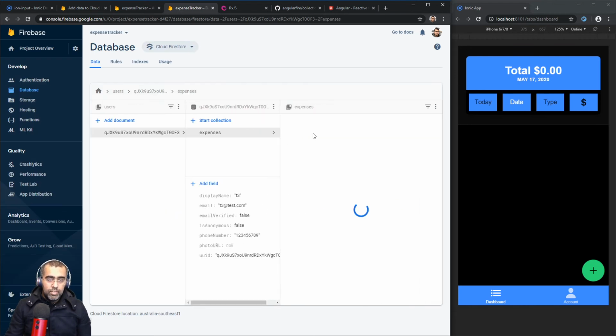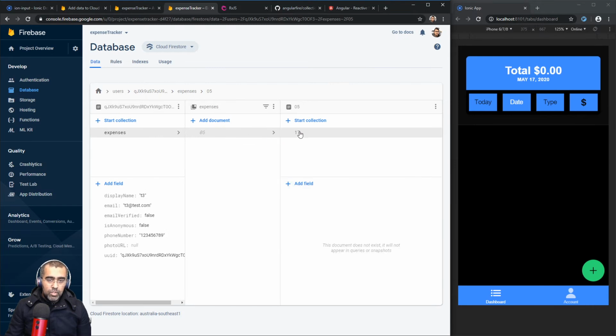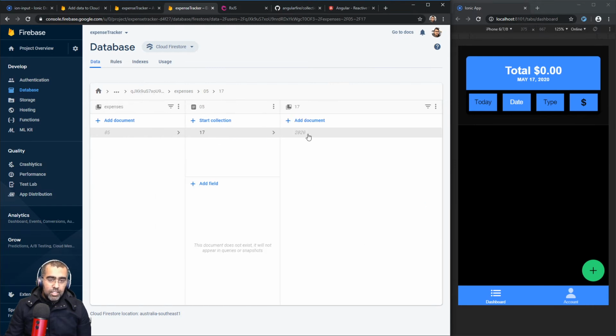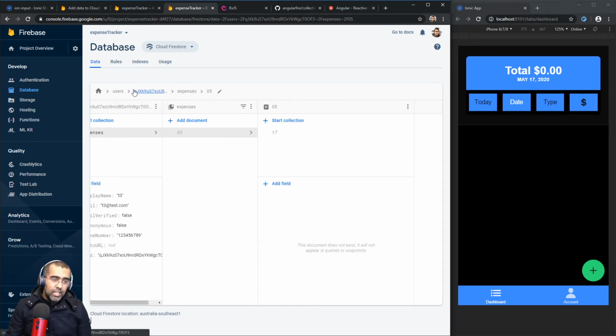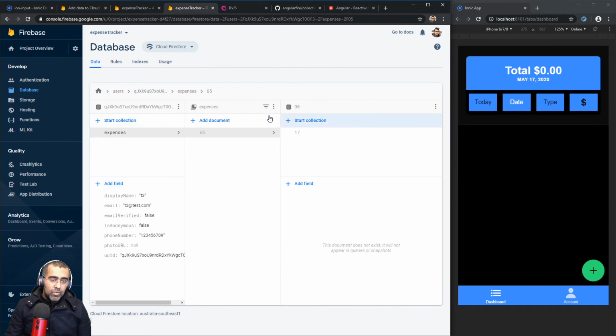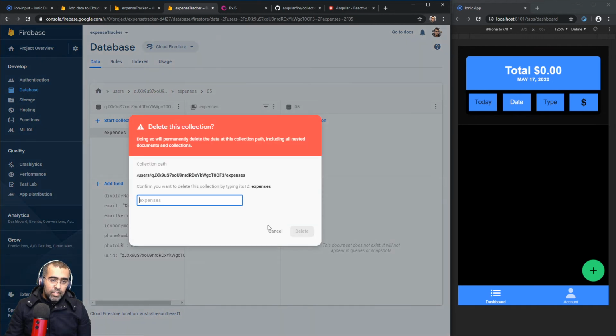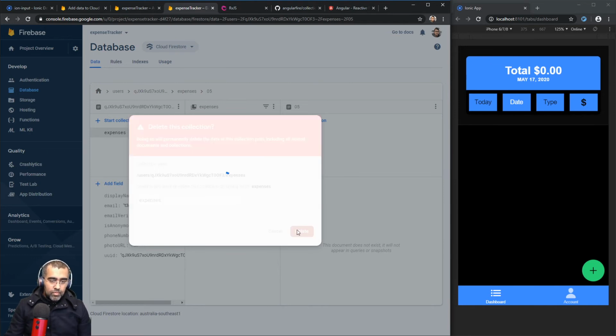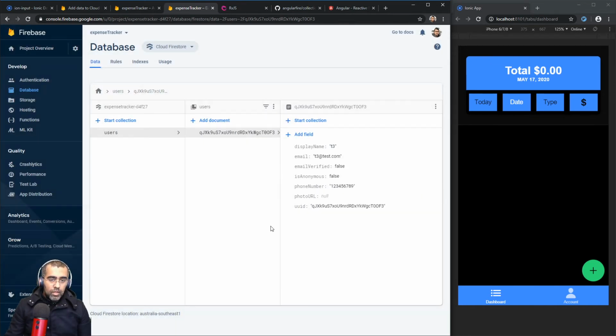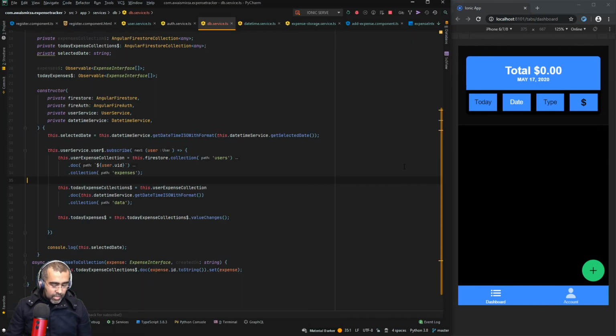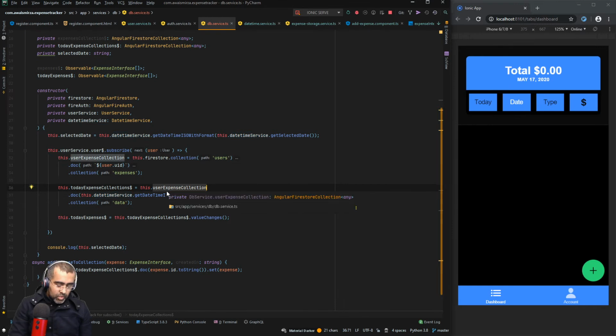All right, we got expenses. And now again, document, collection, and again, and then the data. Nah, I don't want to do that. I actually don't want to deal with this kind of thing. So delete this. What I want to do here, go back to code. This connection I want to create